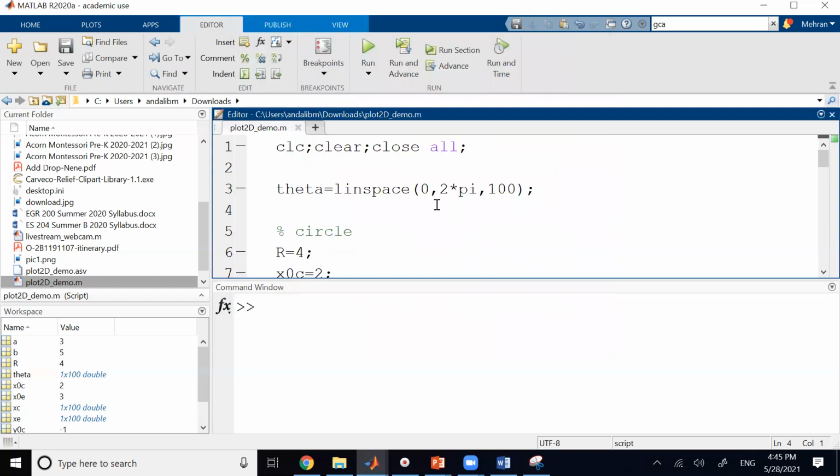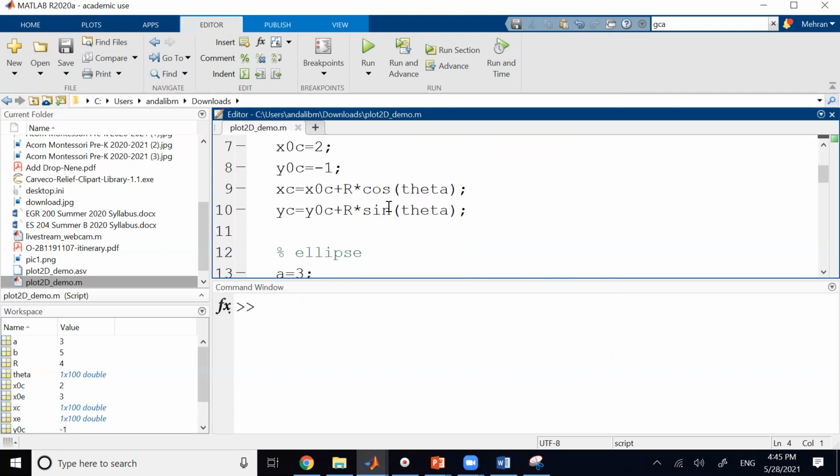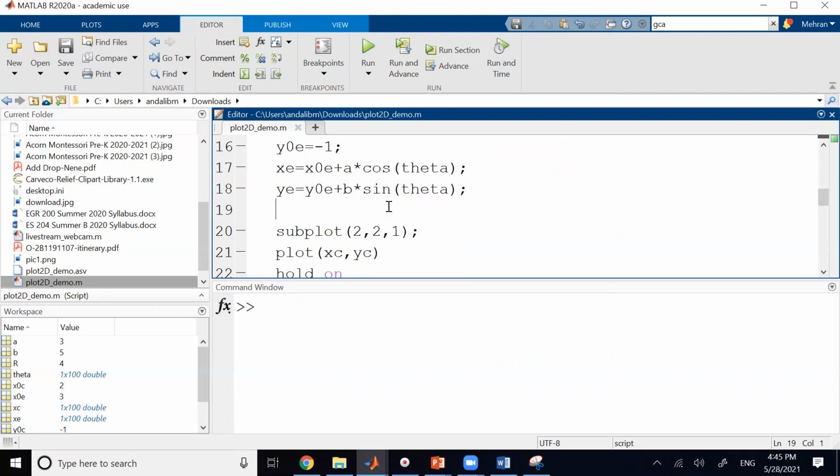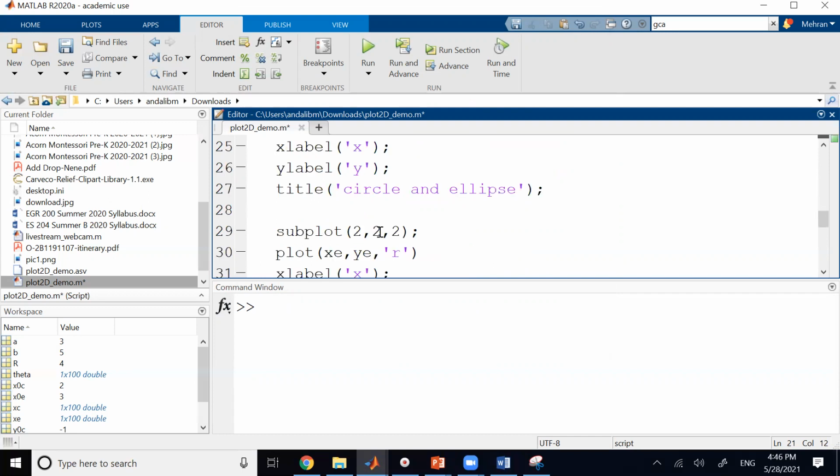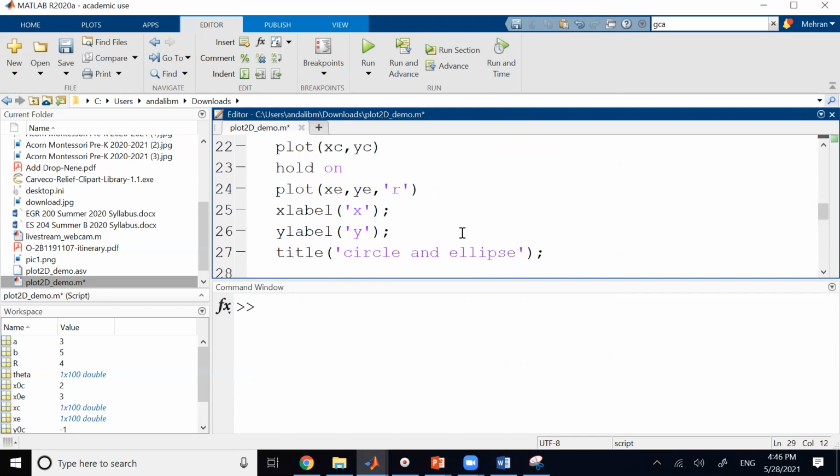Every time you want to create a new window, a blank window on which you can add as many axes as you want, use the command figure. So maybe I say figure here, and then in an arrangement of 2 by 1, I add circle and ellipse,